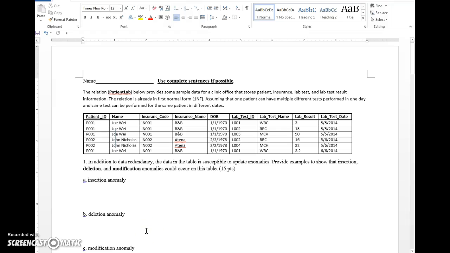Hi, this is a discussion and review about this simple test. A relation called patient lab contains patient information, insurance information, and the lab test information. And a patient could have multiple tests in one day, such as Joe Wei, who had three tests